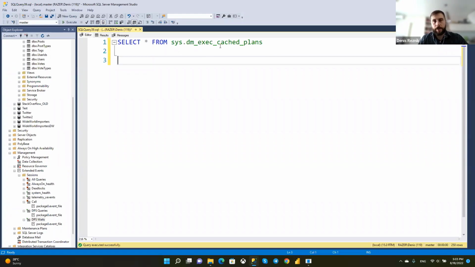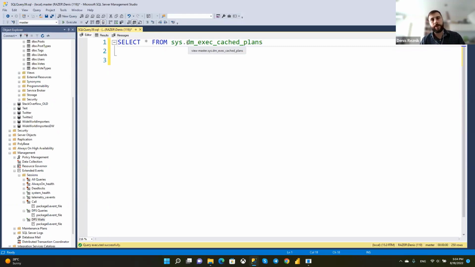So that can be another source of how to identify which queries are doing operations with the table. But at the same time, you can't be 100% sure that your important query, which is using the table, is in the cache right now. And also, when you run extended events, you can't be sure that all queries fall into that time range which you monitored. So all approaches are approximate, but it's pretty good to use.